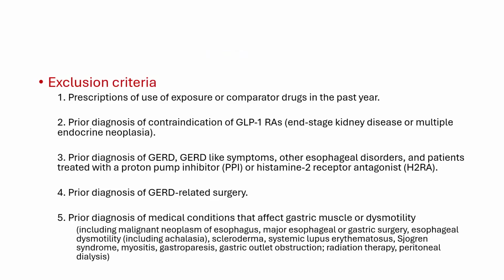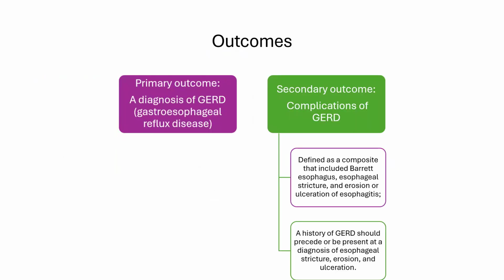Then prior diagnosis of GERD-related surgery also. They also wanted to exclude the diagnosis of medical conditions which can actually delay the gastric motility, so gastric emptying. So, for example, any esophageal dysmotility syndrome, scleroderma, SLE, Sjogren's, myositis, gastroparesis, gastric outlet obstruction, radiation therapy, peritoneal dialysis were all excluded. So the outcomes, the primary outcome they looked at was diagnosis of GERD in the diagnosis code, and